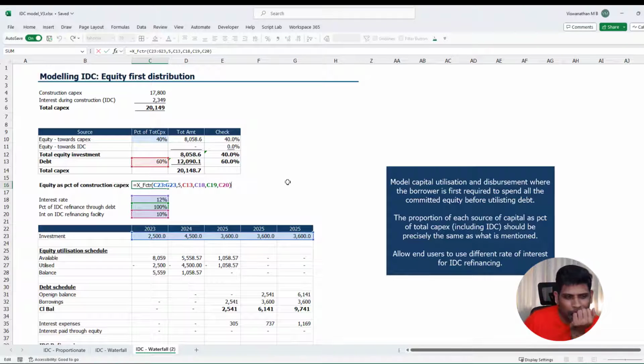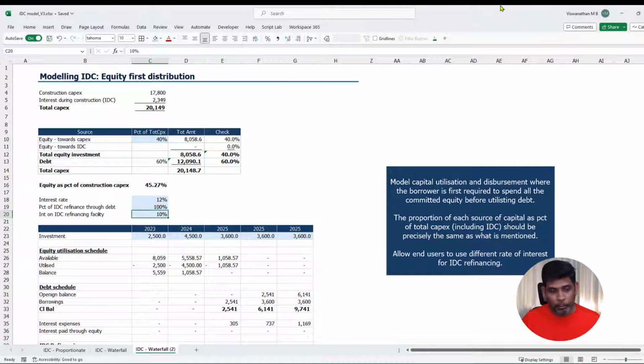This lambda takes into consideration our capex number, interest rate, what percentage of total capex we want to be in debt, and same way like what we did earlier for the IDC, how much of the IDC is going to come through debt. This model also allows for taking a different interest rate for the IDC refinancing. So it is possible for me to say that the interest will be refinanced through a separate tranche of loan,